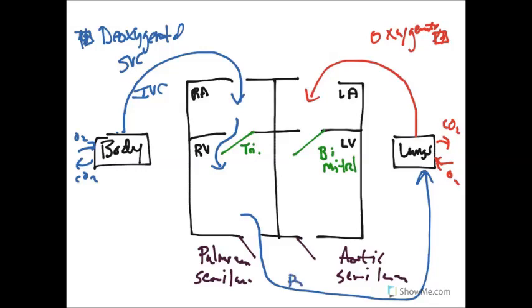Our pulmonary arteries take blood away from the heart, away from the right ventricle to the lungs, where it gets oxygenated and arrives to the heart via the pulmonary veins. And once the oxygenated blood enters the left atrium through the pulmonary veins, it fills that chamber up and it passes